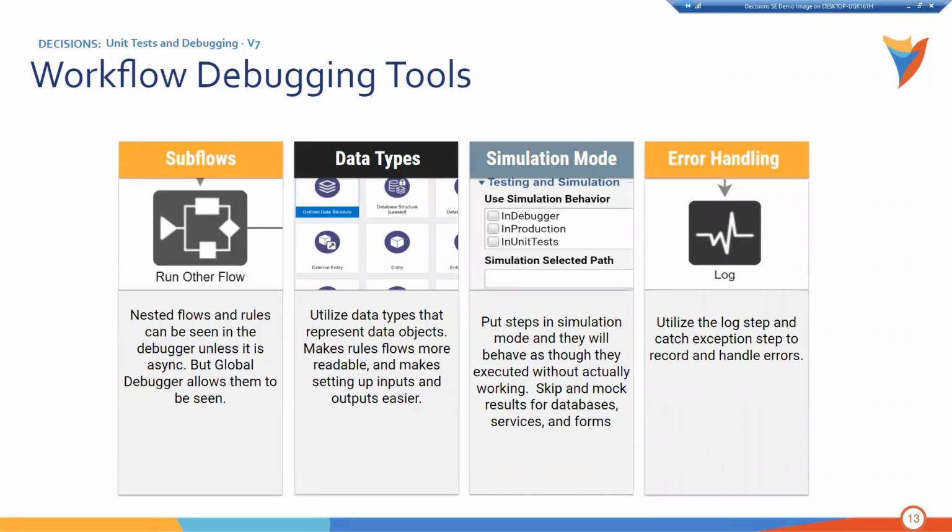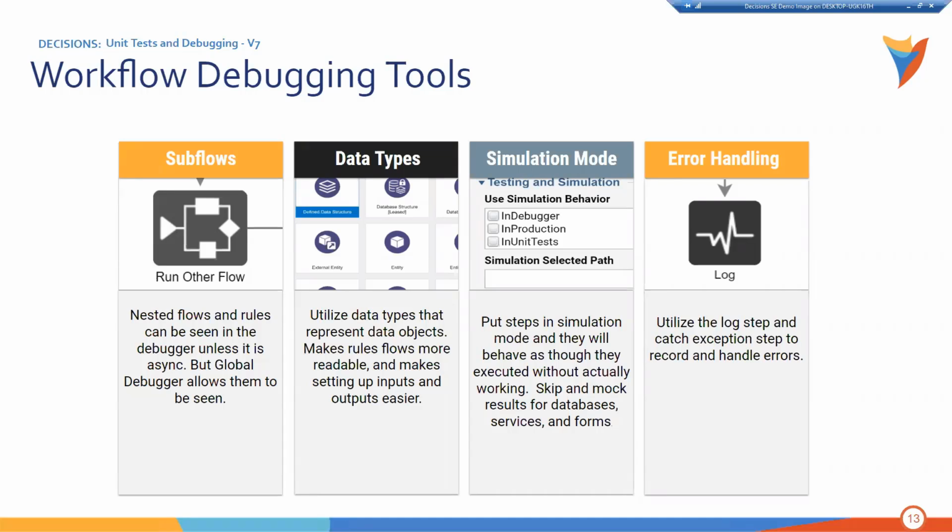So if you have a subflow built in your flow, it can be seen in a debugger, unless it's async. But with version 7 of Global Debugger, it allows them to be seen. Data types. I don't know if y'all have been building decisions. This is more of a best practice. If you use data types to pass data, you don't have to pass a lot of input data between different subflows and flows. This makes more rules and more flows more readable